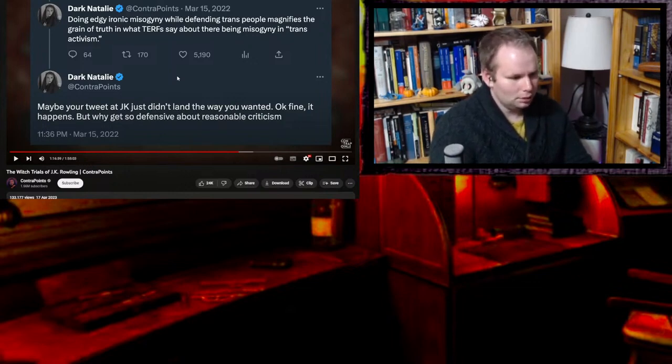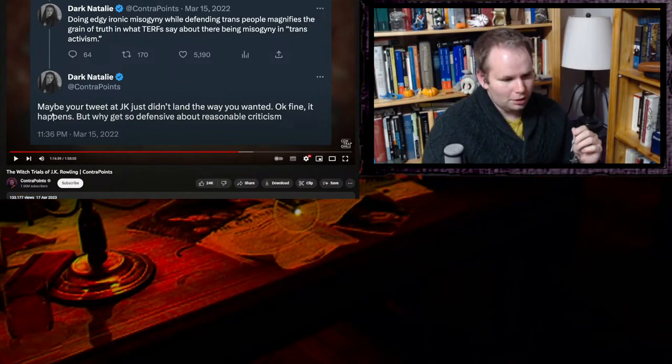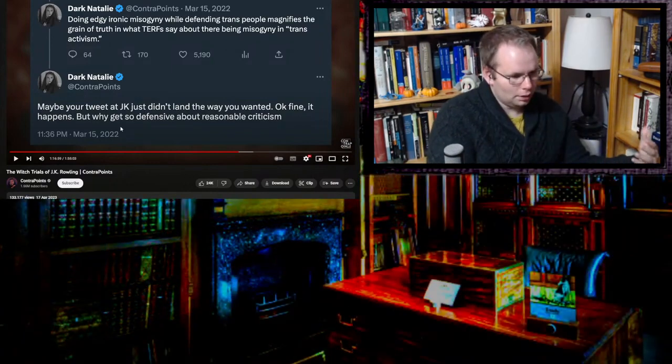Like, here's the problem with this. And it goes both ways. Vaush defending it to the death was stupid and selfish. But also, using this as a vehicle to attack Vaush was stupid and selfish. Because what it actually meant was that you were able to divert criticism from J.K. Rowling